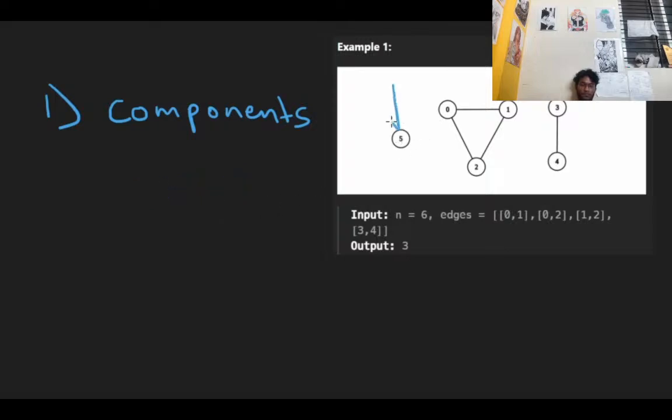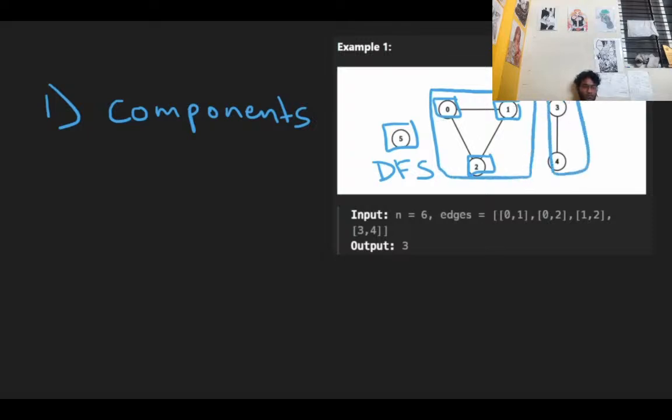So for every node, I could just run a traversal. I could run a DFS starting from every node to get all the components. So for 5, there's nowhere to go. This is its own component. Then maybe I go to 0, I see 0, and then I go to 1, and then I go to 2, and then I say, okay, well, this is a component. There's nothing else to see. Then I go to 3, and then I get the same thing here. And maybe if I revisit the same node that's already been visited, if I got to 2 next, I would see that 2 is already a part of its own component. We don't need to traverse it again. So we could do that just by iterating from 0 up until n minus 1, and just running a DFS